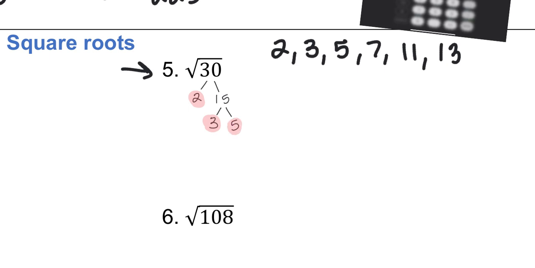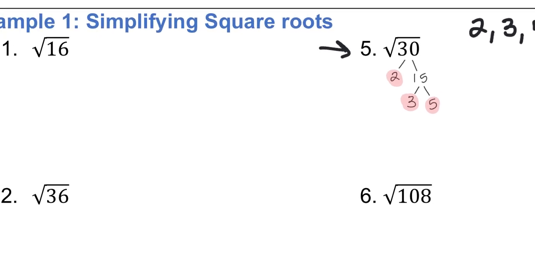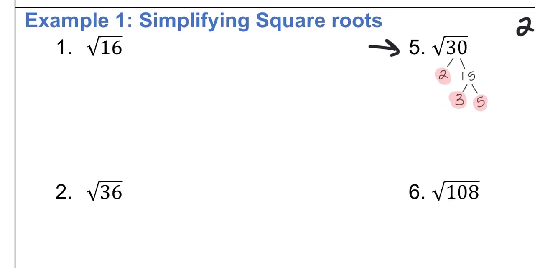So all of these numbers at the end of my trees here are prime numbers, okay? Now, we need to have a pair of numbers to simplify this square root, okay? And I'll go into why that is a little bit more later, okay. So let's see, if we look at